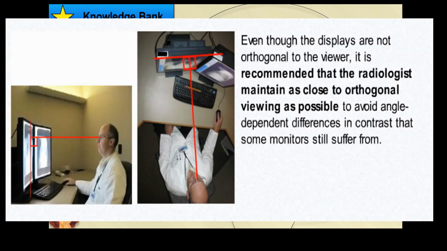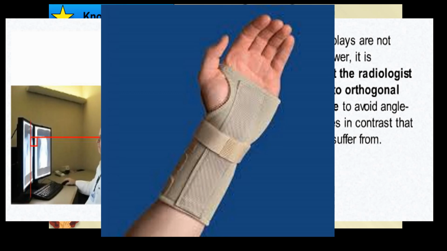Even though displays are usually not orthogonal to the viewer, it's recommended that you try to get as close as possible to this. So basically, where you're looking, you want your eyes to be going straight out. If you're looking up at a display or down at a display, it's deleterious to your neck. Unfortunately, like carpal tunnel syndrome, neck problems are problematic, especially in diagnostic radiology where we're sitting all day,